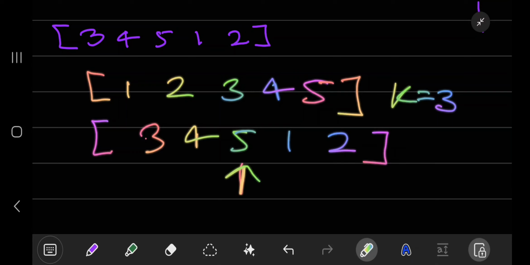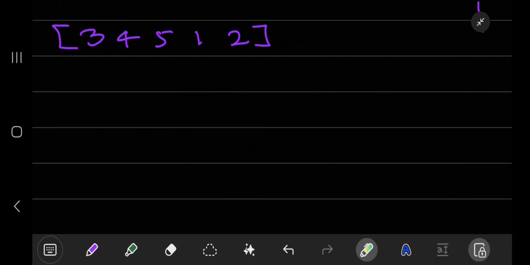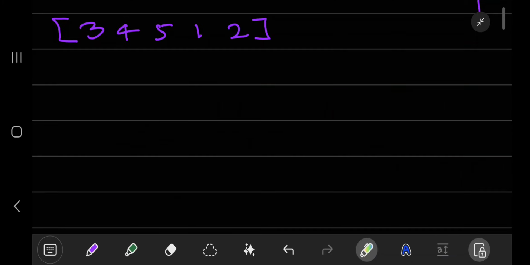So this is the highest element of the array, meaning this is the largest element in the array, because the array is rotated by k from the end. So if we find the pivot index first, we will find the maximum, the largest element from the array. After finding that, we will iterate